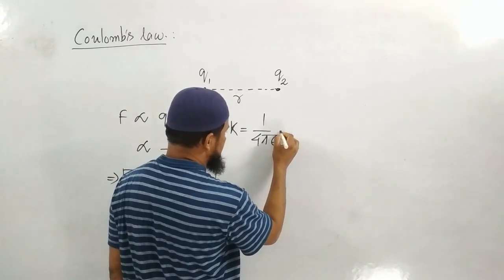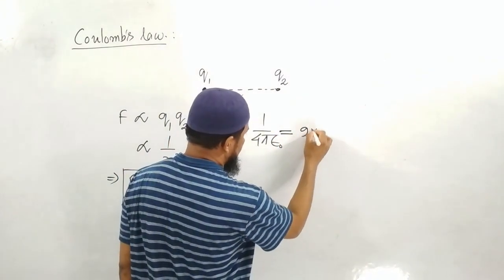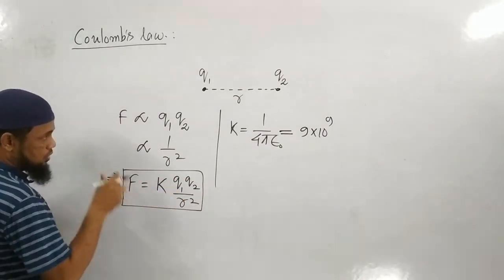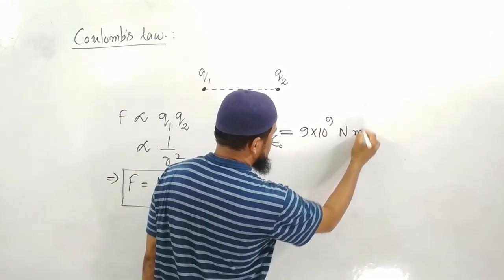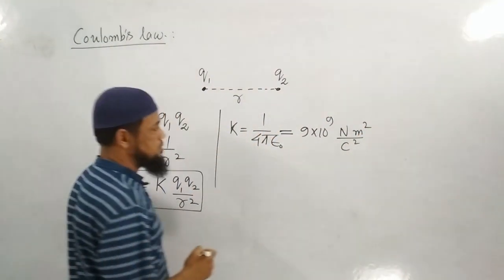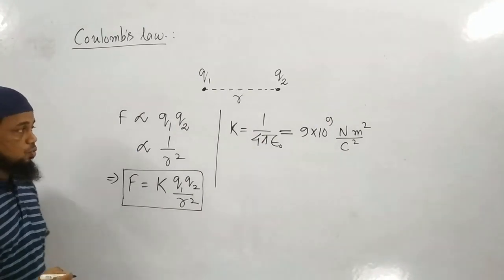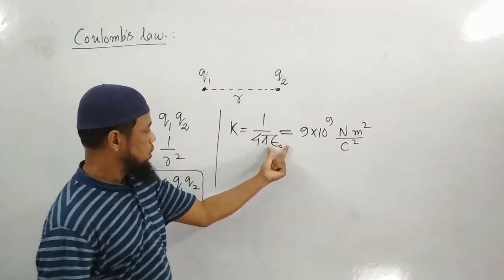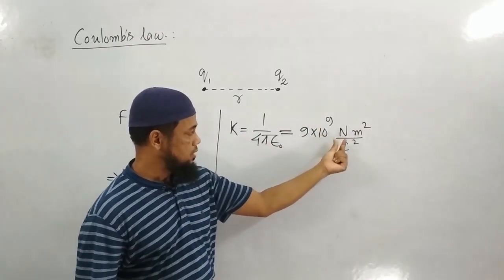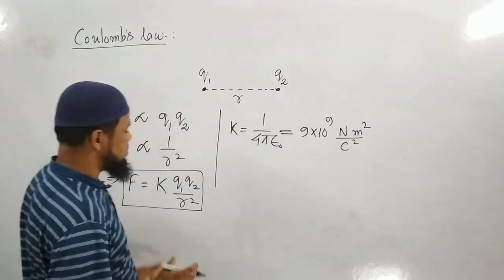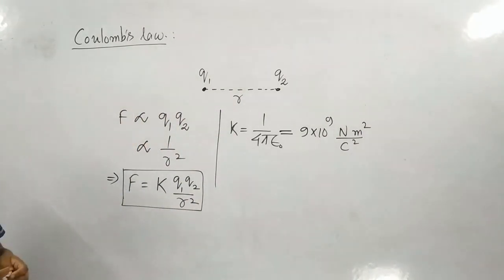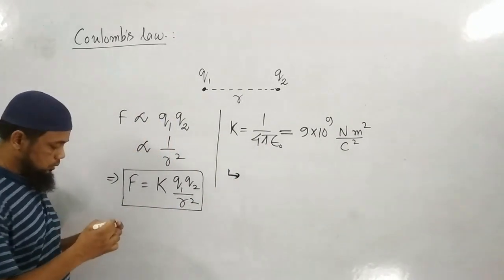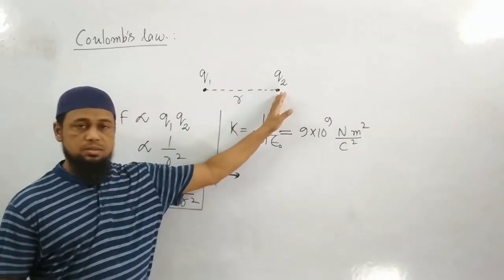1 by 4 pi epsilon naught is equal to 9 into 10 to the power 9. What is the unit? Newton meter square by Coulomb square. This is the value of K in vacuum, 1 by 4 pi epsilon naught, where epsilon naught is the permittivity. 9 into 10 to the power 9 Newton meter square by Coulomb square. This is Coulomb's law. According to Coulomb's law, the force between two point charges, we are considering